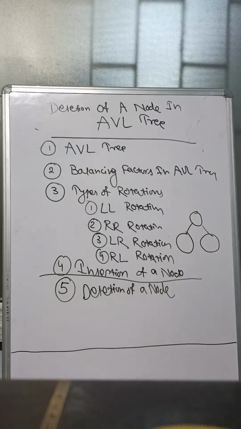Then coming to this side, the height of a leaf is always 0. If I consider the left side, I have to go 0, 1, 2, 3 in the positive way, and if I go for the right side, then I have to take 0, minus 1, minus 2, minus 3 by putting a negative sign.